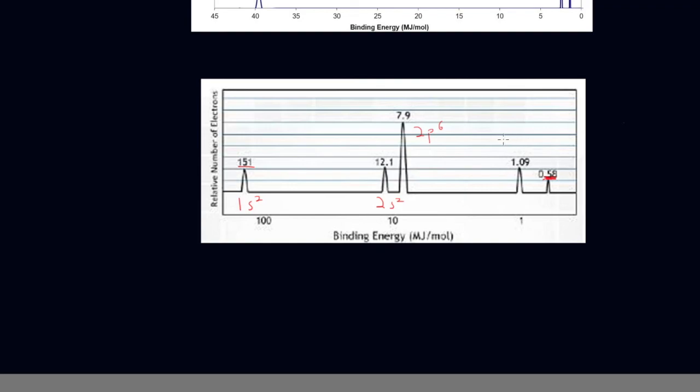And then after 2p comes 3s, 3s2. And then this is going to be my last one. This is going to be 3p. And I see that it's half the height of that 3s. So that's going to be 3p1. So what atom is this going to be? It's going to be aluminum. So that's how we read a photoelectron spectrum. So we should be able to practice that